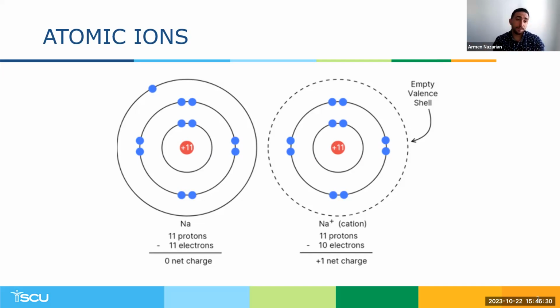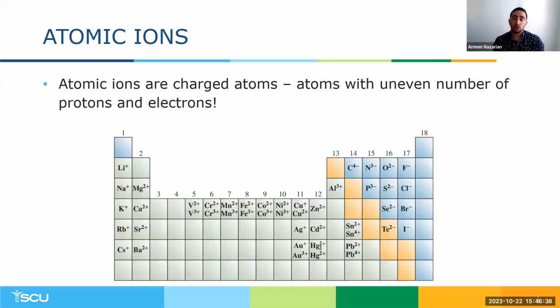For example, sodium could lose its only valence electron and become positively charged sodium. There are other examples. Magnesium could lose 2 electrons in its valence layer and become magnesium 2+, whereas oxygen could gain 2 electrons and become O2-, and fluorine could become F-. But how do we predict the amount of electrons lost or gained by all these elements in the periodic table? Is there a formula? Well, yes, you could follow this trend.